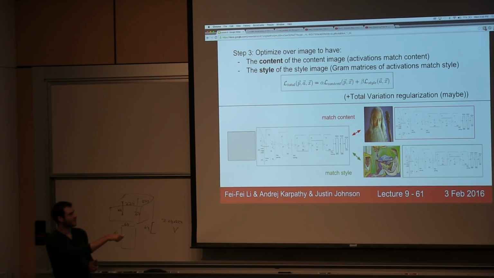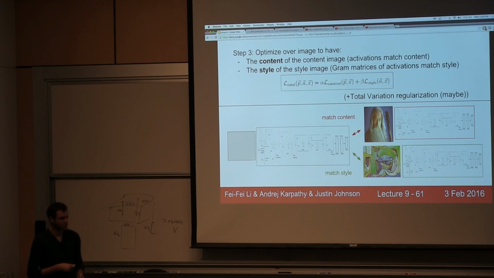And the loss is that we want the content to match the content image, and we want the style statistics to match the style statistics of the style image. And so all the activations throughout should match the content activations. So the activations should be the same in the L2 sense. And all the Gram matrices should also match. So all the pairwise statistics are from the style, and all the actual activations are from the content. And so these two guys are basically fighting it out in how they give rise to the backward pass of